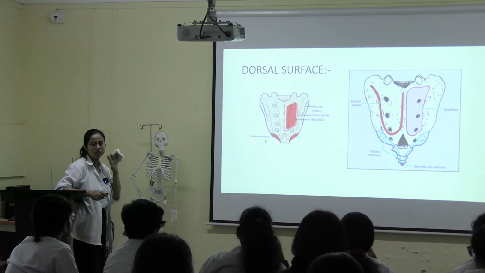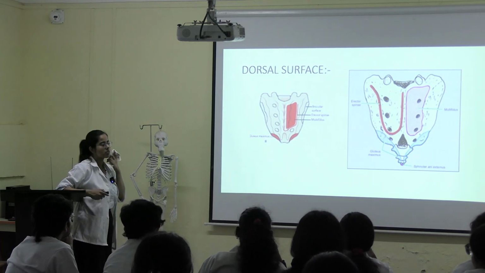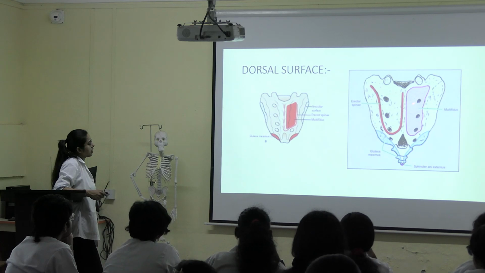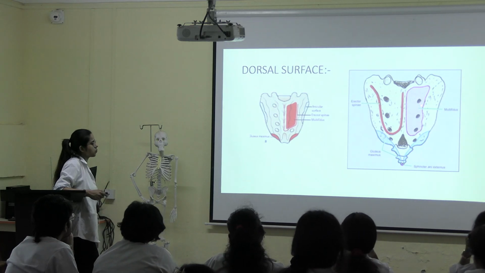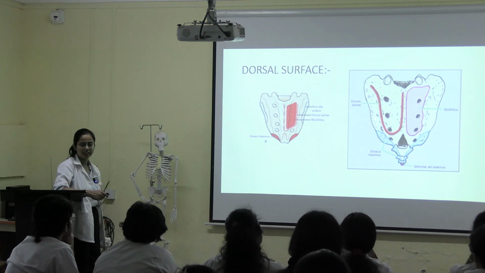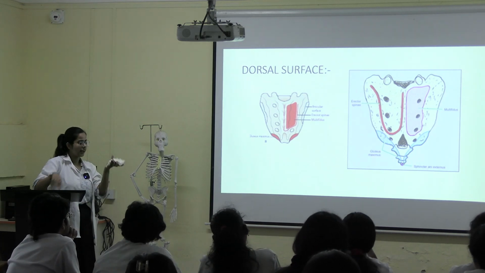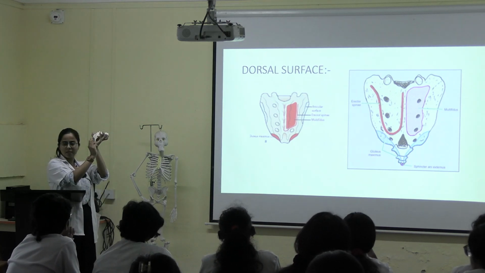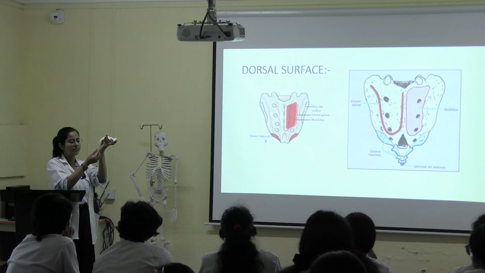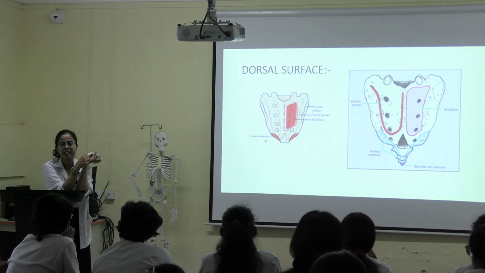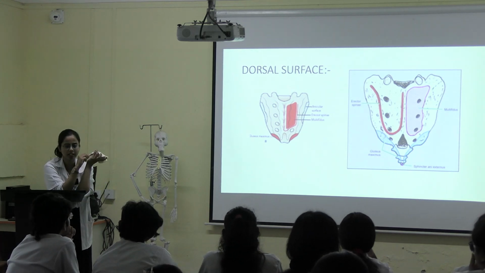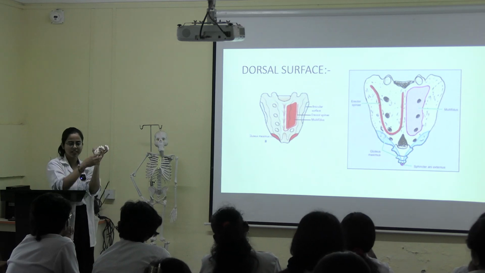What sacral nerves? Which rami? Dorsal rami. Here you can see that it has to pierce these two muscles, multifidus and erector spinae. And posteriorly we have the gluteus maximus here. This apex is related to the external anal sphincter and anococcygeal ligament, because the anus is related to it.